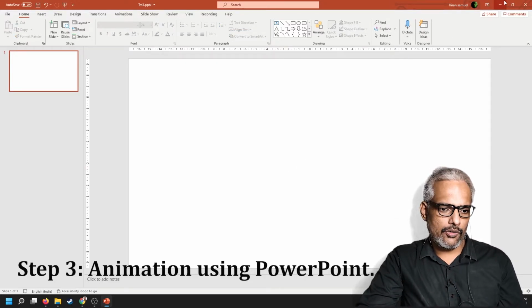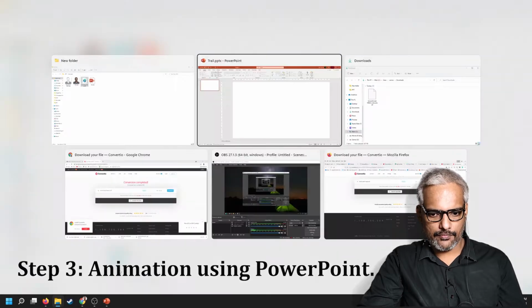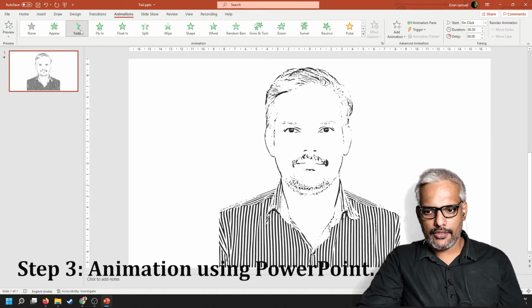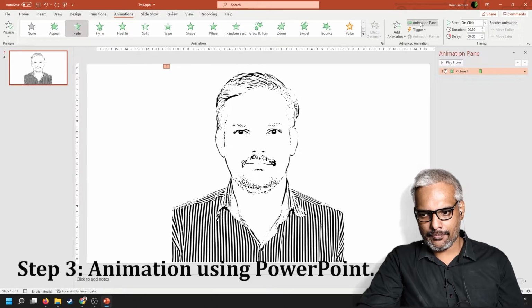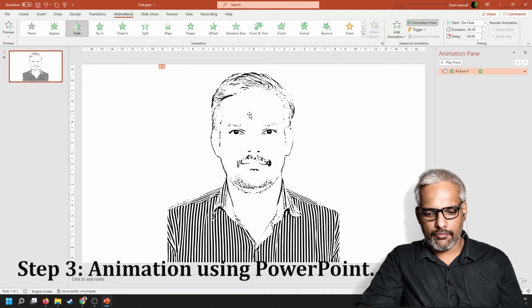Again, I will copy this particular image into my PowerPoint presentation. If I go now to the animation and choose fade, nothing happens. You can click on this option to animate and see what is happening. To make this image into independent components, we can right click on this